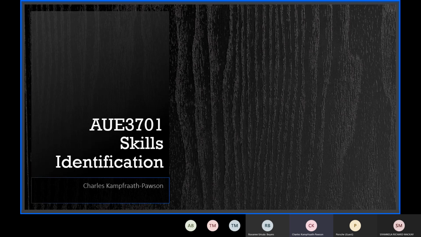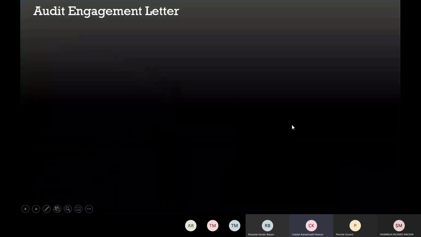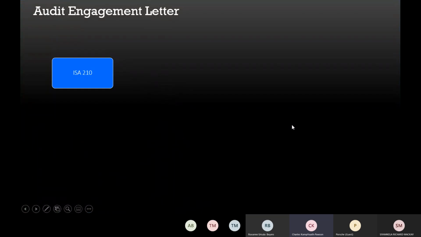The next important thing is, now that you've conducted that preliminary investigation, that you want to move over to the engagement letter. So let's quickly go through the theory, and then, same as last week, we're going to do a question. I'm going to do the same question that we did last week, go through the same information, but only answer the rest of the questions. So what is the audit engagement letter?